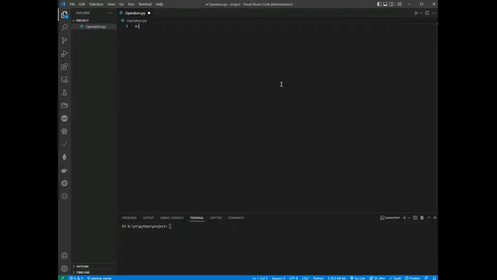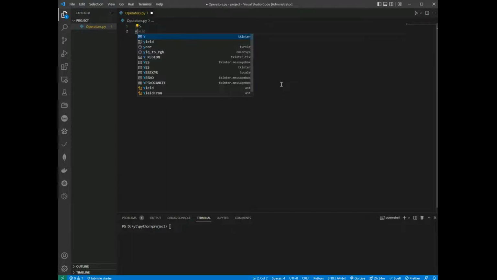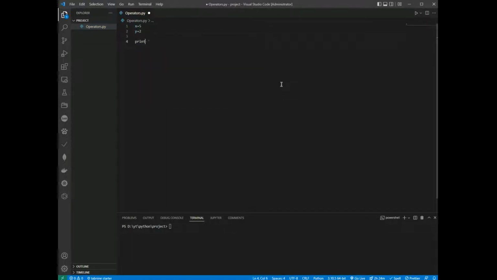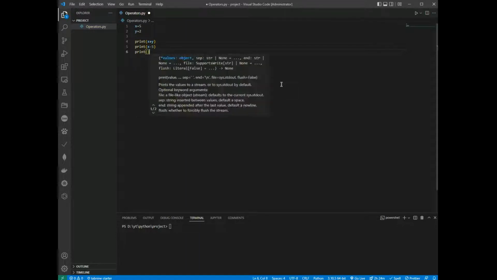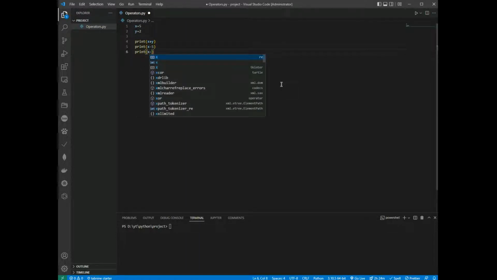So, I create two variables, and print the addition operator x and y. Print subtraction operator, this, and multiplication. Print x and y, and division, so Control V,